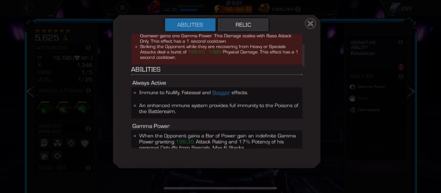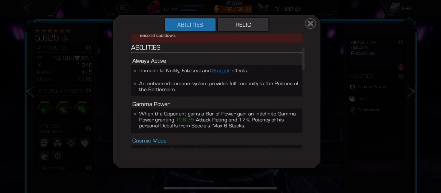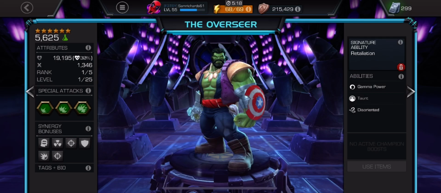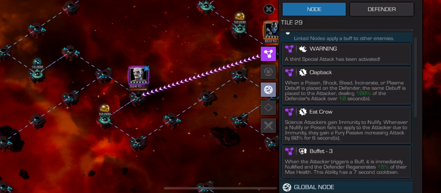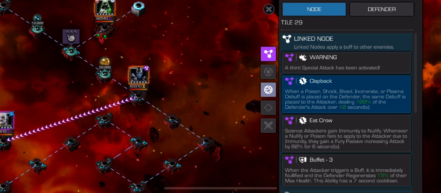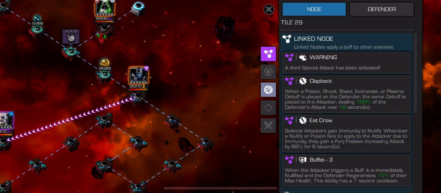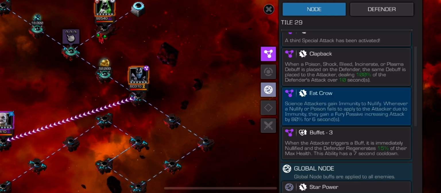So, why did I do this? Why did I want a science champ? Well, the nodes for this path are Clapback, Eat Crow, and Buffet 3. The path is the one that begins with Ebony Maw. But the nodes are the real reason why I wanted a science champ, and why you guys will also want to bring one in. So the best way to describe it is to just read out the nodes,